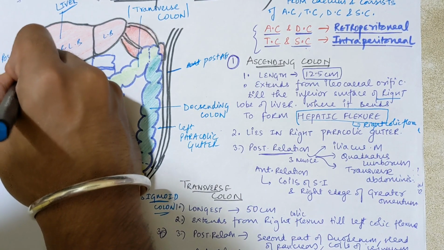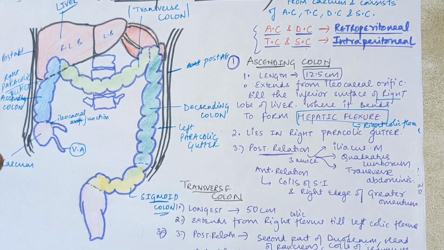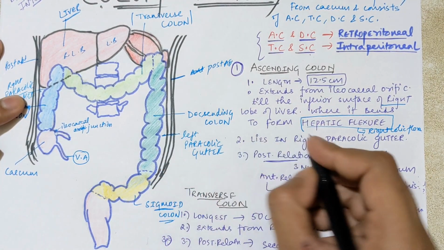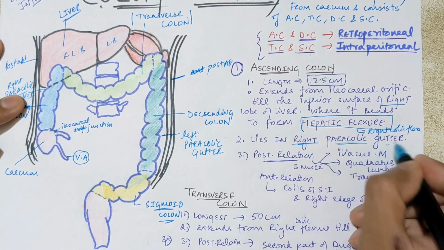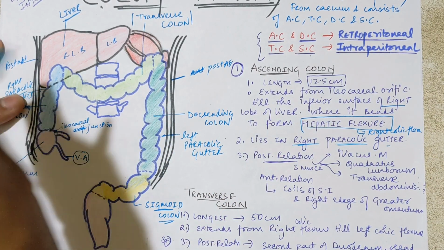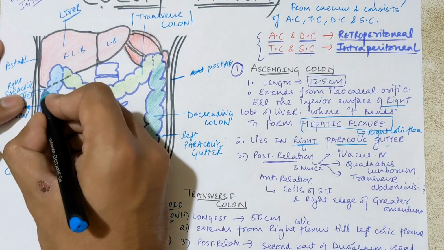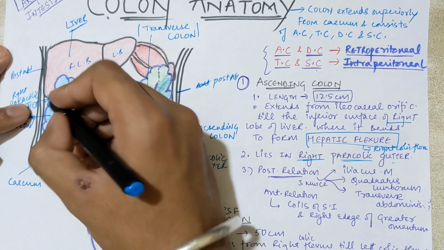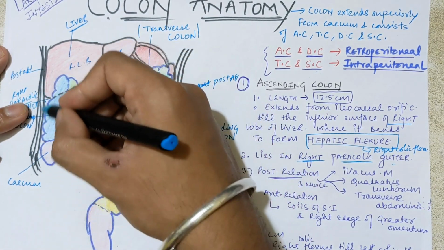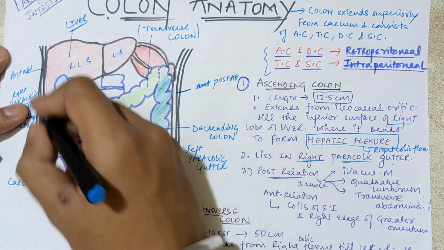So the line is saying that this ascending colon actually lies in the right paracolic gutter. Clear? So that is the main point here, that it lies in the right paracolic gutter. So gutter, I told you, is a space, and it is not disturbed by the blood supply, because it is present on the posterior lateral side. So it is not supplied. That is why for surgeons, whenever any type of operation is done, it is the best place to find the ascending colon, and here it is mobile from both sides.